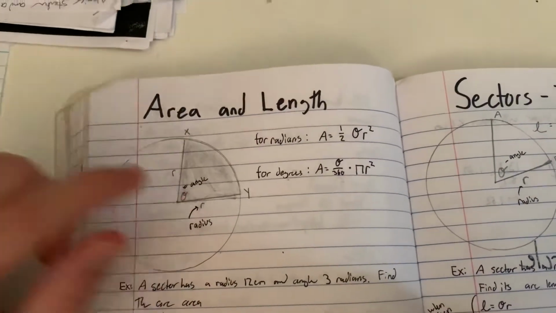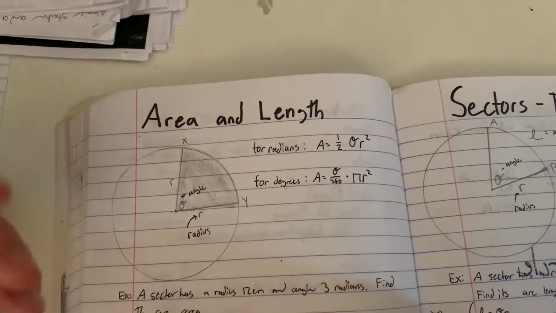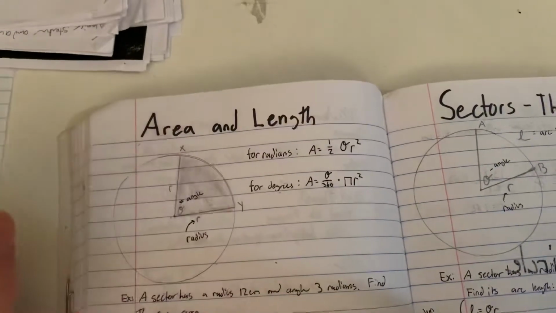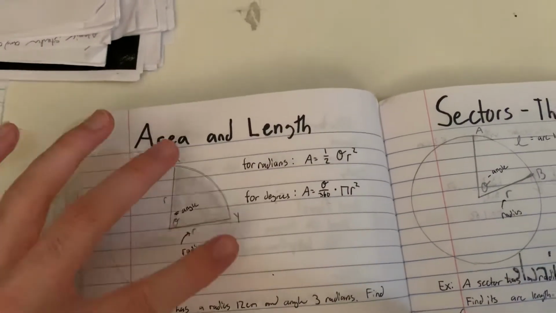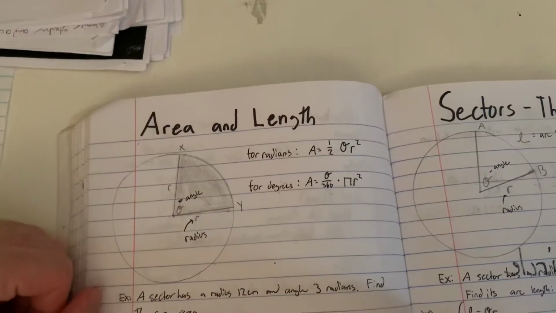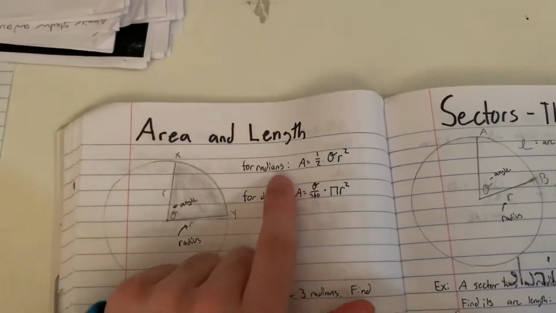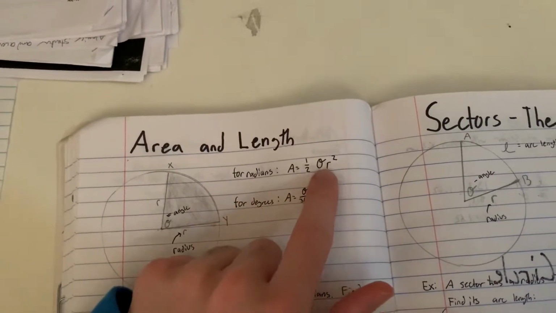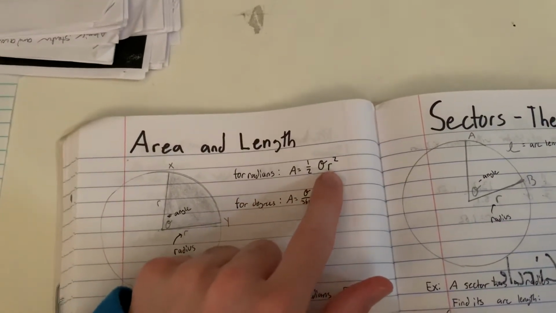The symbol, the O with the curly line through it, will represent an angle. The R's are for radius, and there are X and Y points where the lines will touch the outermost parts of the circle. To begin, when you have radians, your equation will be area equals 1/2 the O with the line through it, radius squared,